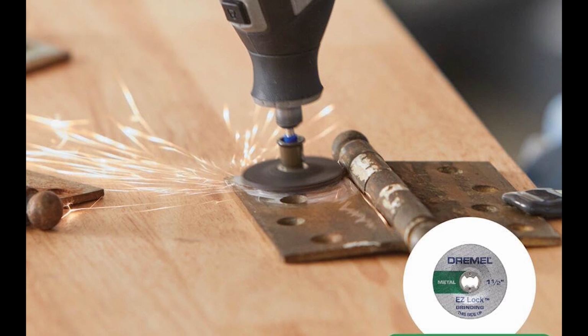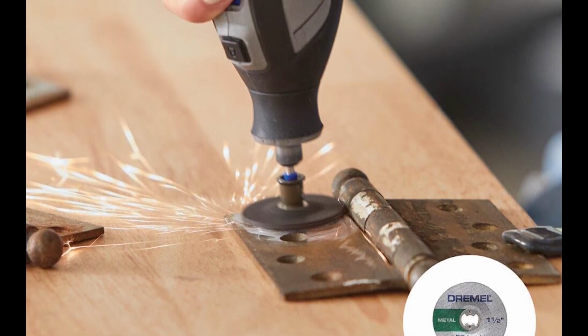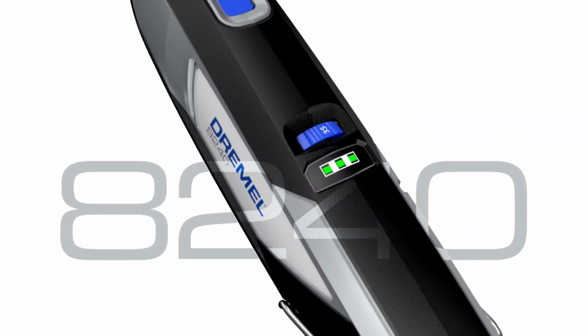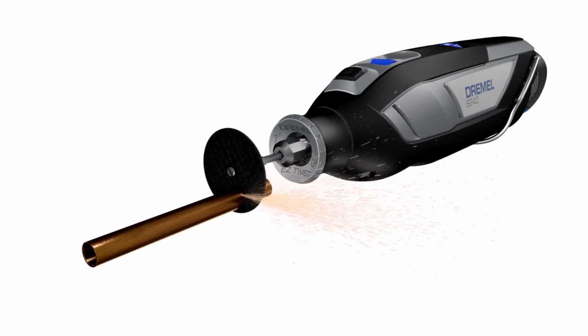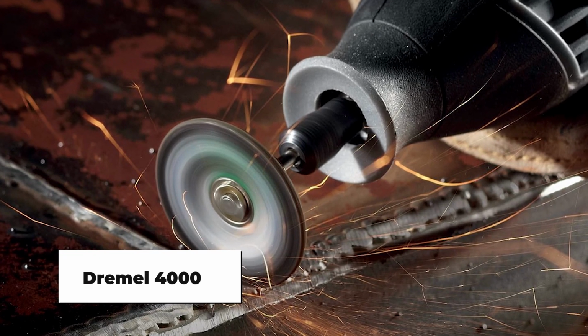The LED battery indicator keeps you informed, and ventilation openings keep the motor running cool and quiet. Portability, ease of use, and reliability make this a top pick for DIYers and professionals alike. It may not have the raw power of its corded counterpart, but for anyone needing on-the-go precision, the 8240-5 is a no-brainer. Dremel gives you plenty of options when it comes to rotary tools, and the 4004 stands out as